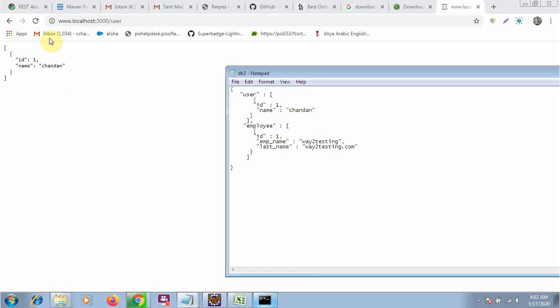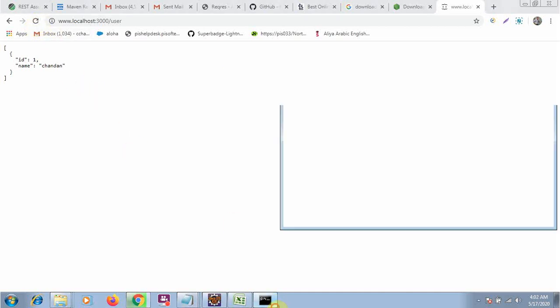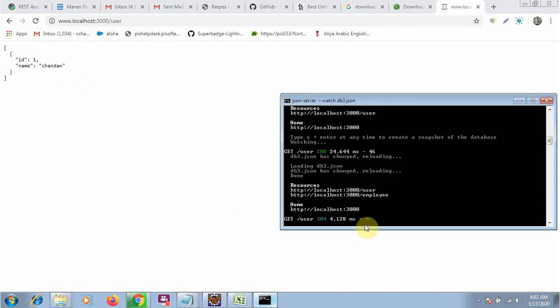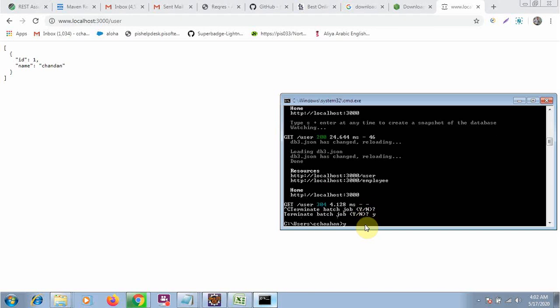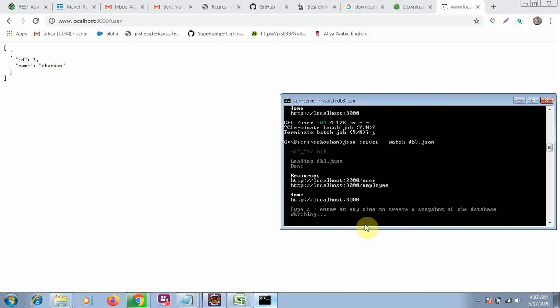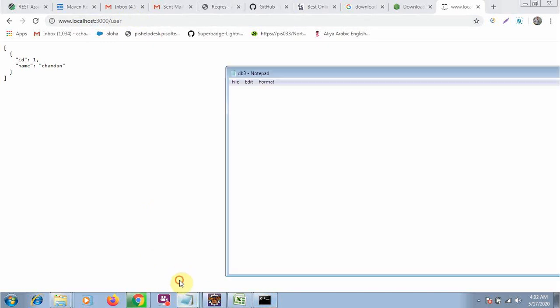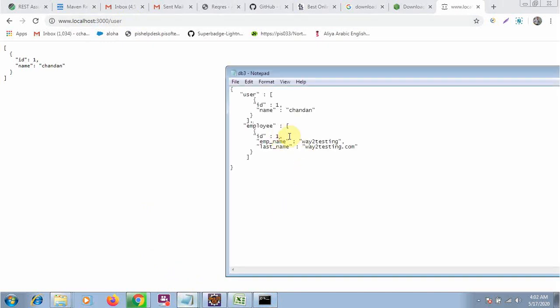Now if I run this one, it will not appear. Why? Because we need to start our server again. Now if I refresh this one, dv3, let me change the id, make it 2, user, comma, everything is okay.